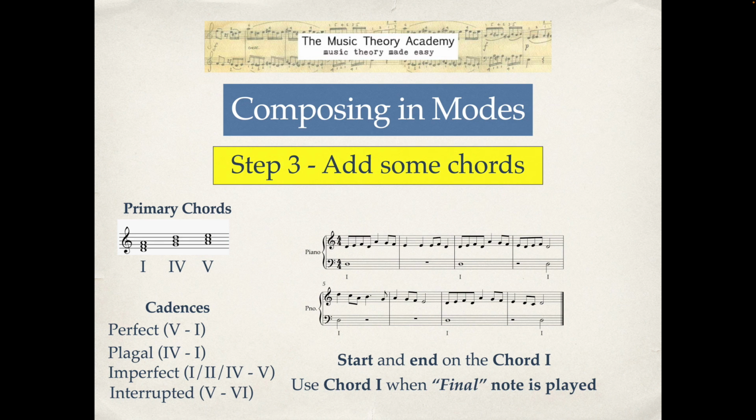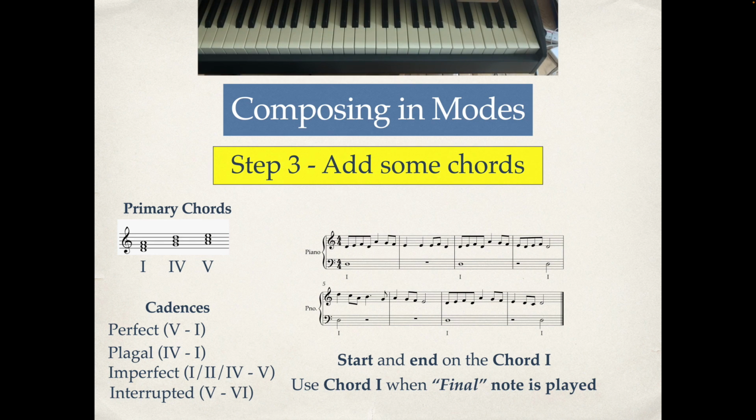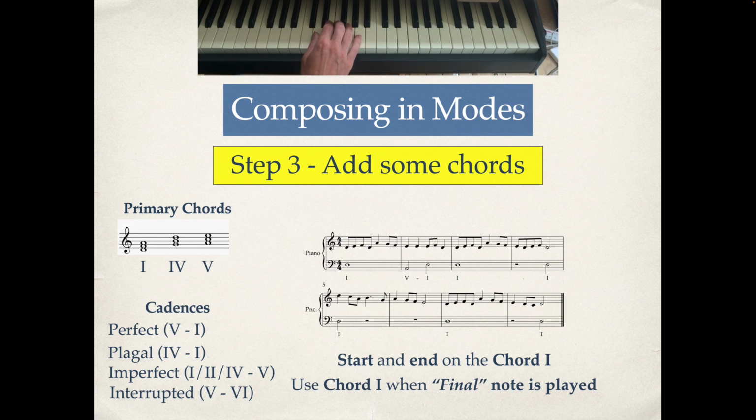Now, I'm going to have a look and see what I can do with perfect cadences. So I'm looking for chord 5 to chord 1, and I can see straight away that I can fit one in that second bar. I can go chord 5 back to 1, which is great, and looking ahead I can do the same thing on the final bar of that first line. So I can go